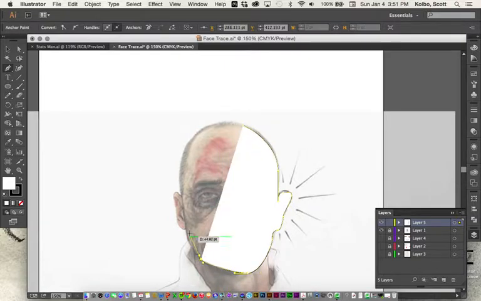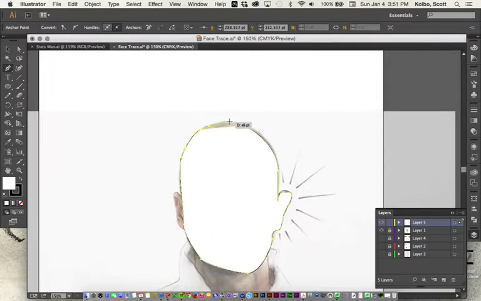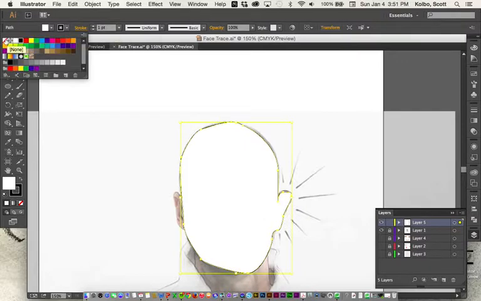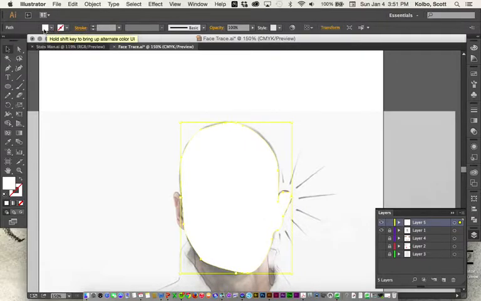I'll just go through this quickly now just to save time, but you can kind of see how I'm tracing the outline of that, and then I can complete it. And if I don't like that color, I can grab it with my selection tool. I can go in here and get rid of the stroke on it. And if I grab my